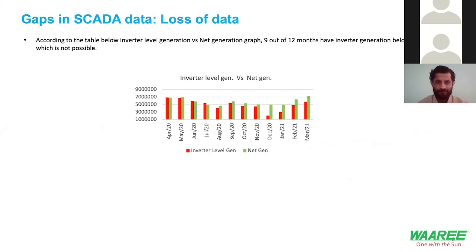When we again went into the data, what we found was that basically the data recording from the inverter is not coming in properly. If the data is not coming in properly, it is essentially leading to wrong reporting of numbers, and leading to a lesser PR at inverter level and a higher PR at net generation level. So again, this is because of the loss of data that happens in the SCADA